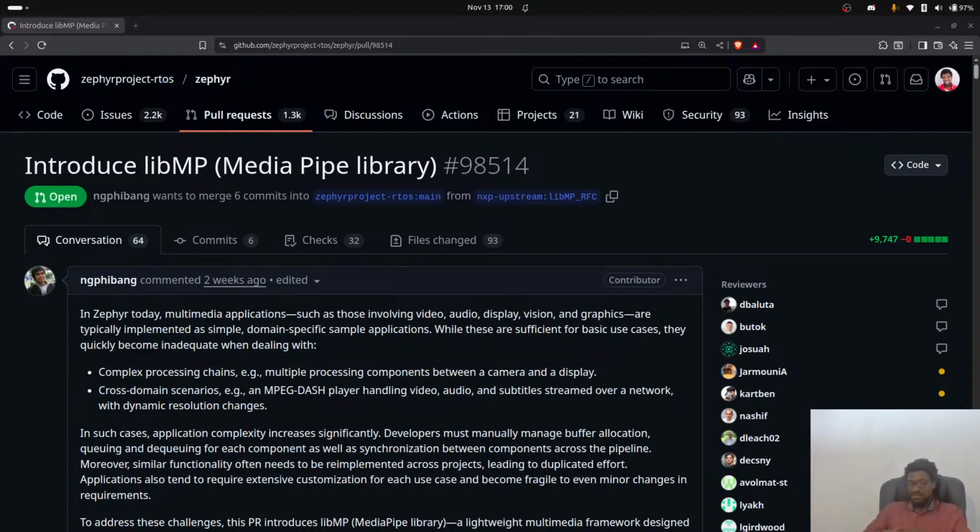Today I want to work on exploring this RFC on the Zephyr RTOS project, which introduces LibMP, a media pipe library. Previously we ran through and explained what all this is and how it works. In a very brief summary, this introduces a media pipe to